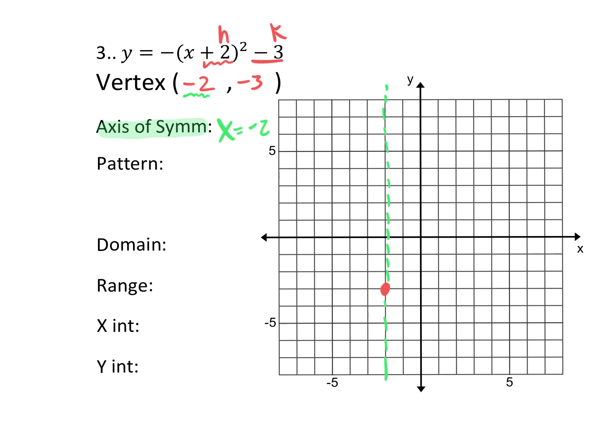The next part is the pattern, and the pattern I asked you to memorize was 1, 1, 2, 4, 3, 9. And technically, that's for the a value of 1. And if you have any other a value, you could modify the outputs by multiplying the outputs by that new a value. So we know this is opening down because it's negative, but you could have also said, well, I'm going to modify the outputs by that new a value of -1. Okay, the a value of -1, so you can put times -1, times -1, times -1, and you'll have a -1, a -4, and a -9,